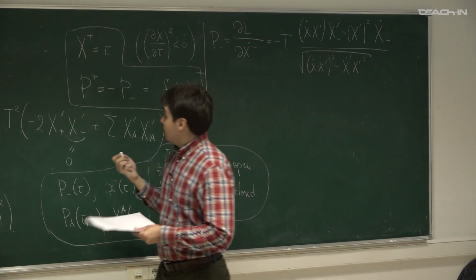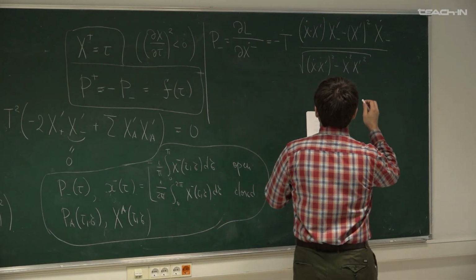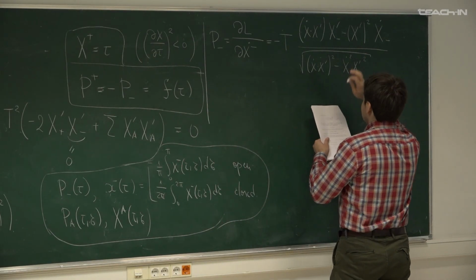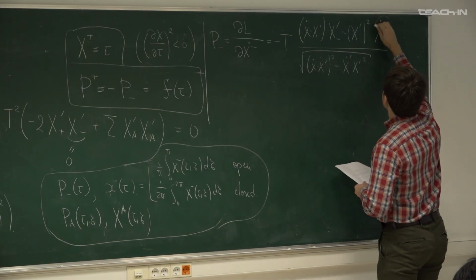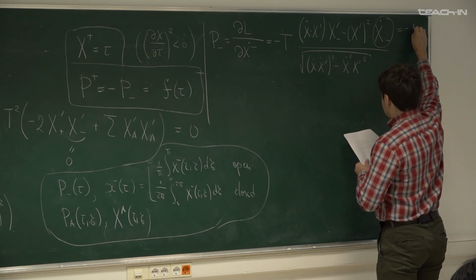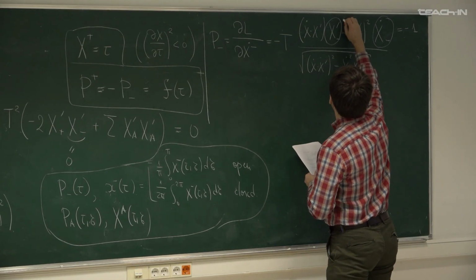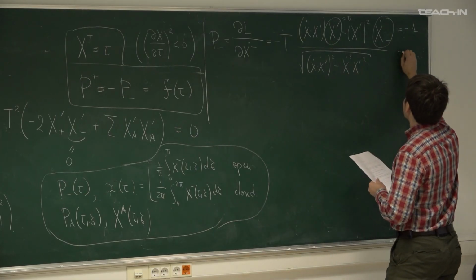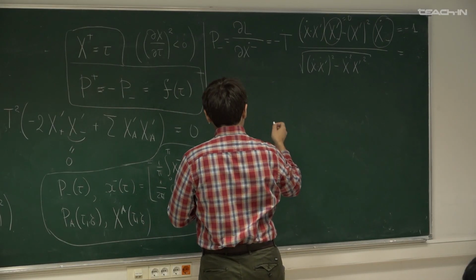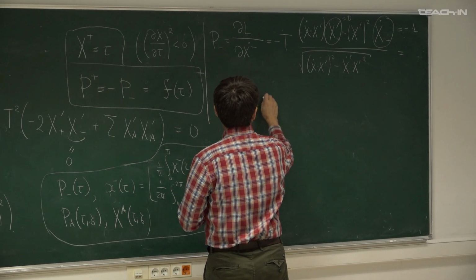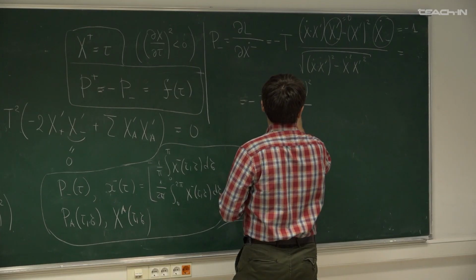And now let's see how it simplifies once we pick the first part of the gauge. So x plus is tau. This x minus, this x minus. So x minus is minus x plus, right? So this is minus 1, and this is 0, right? So that's once we pick the first part of the gauge choice. So minus t x prime squared over the square root